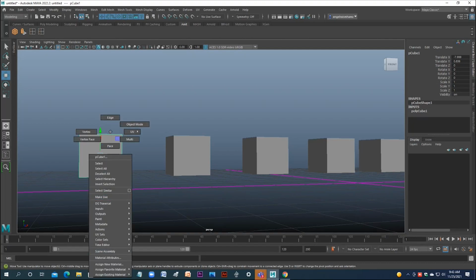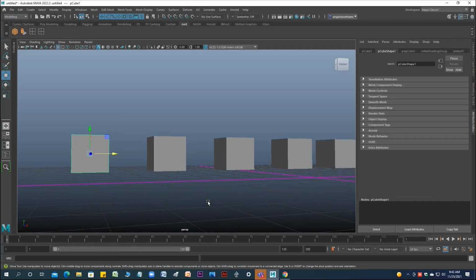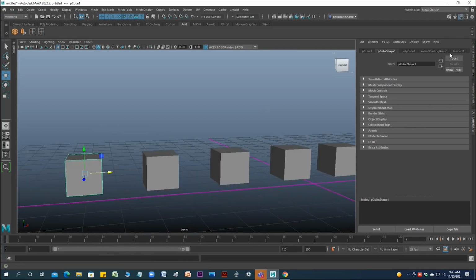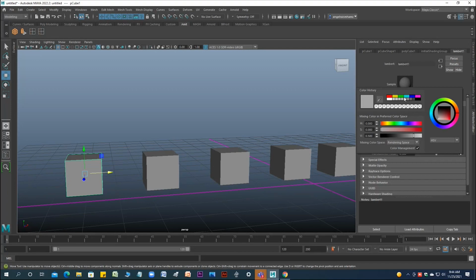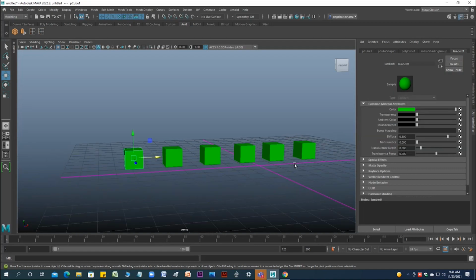there are a few things like assign existing material, favorite material, assign new material, and material attributes. Let's go for material attributes first. In the attribute editor, you have to check the numbered one, which is the default one. If you change this, it will change everything. Let's say for color, click over here. Since it is the default shader for Maya geometry, if you change this, it will affect every material. Whatever you do, because it's the default, it reflects everywhere.